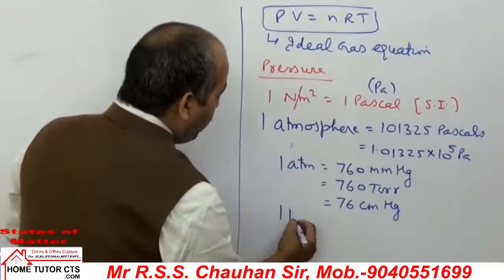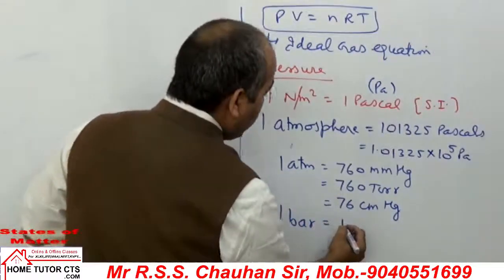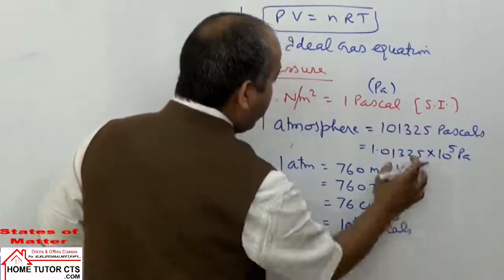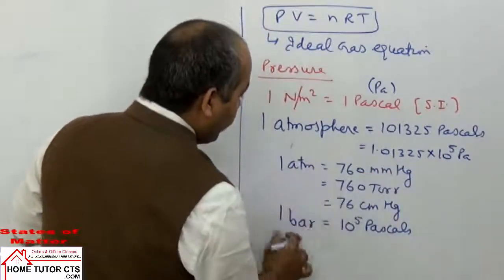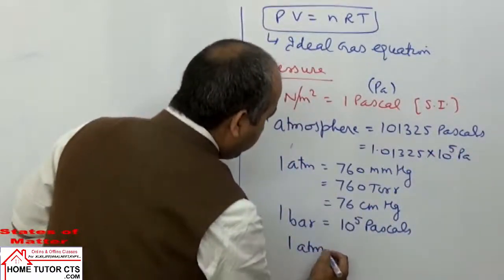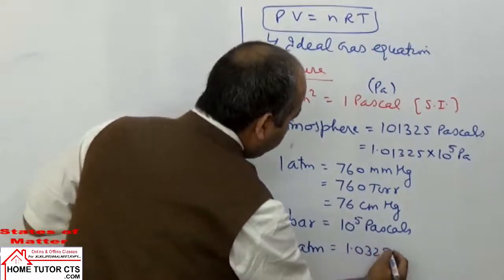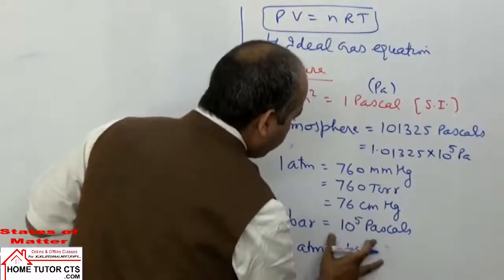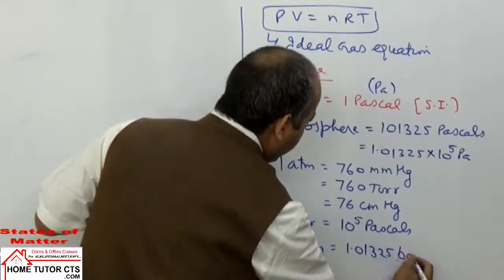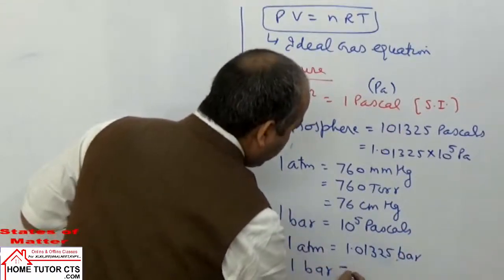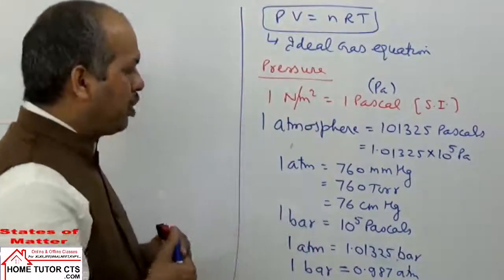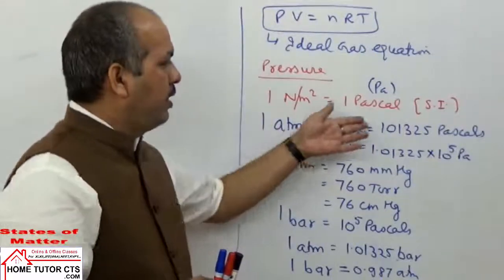Then we take one more unit, 1 bar. 1 bar is equal to 10 to the power 5 pascals. So if we take the relation of these two values, it is quite similar. We can write 1 atmosphere is equal to 1.01325 bar, or 1 bar can be taken as 0.987 atmosphere. For pressure you can take several more units, like dynes per centimeter square,